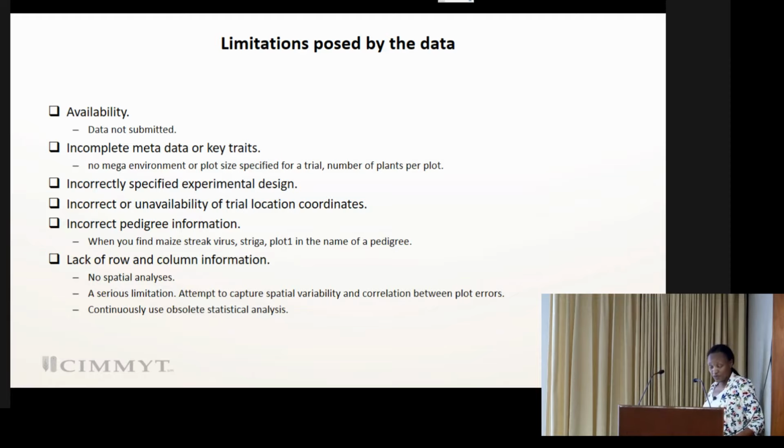When experimental designs are not correctly specified, this poses a challenge. We all know that, I mean, people in the breeding program, we all know that they are incomplete block designs, but then if you find that some specific